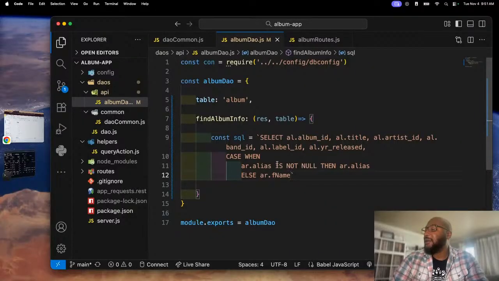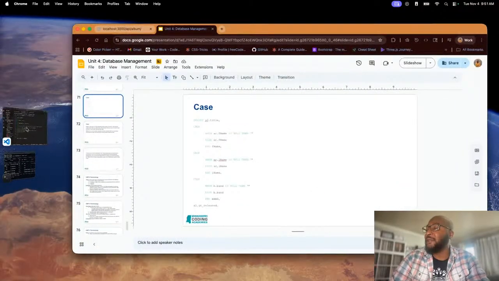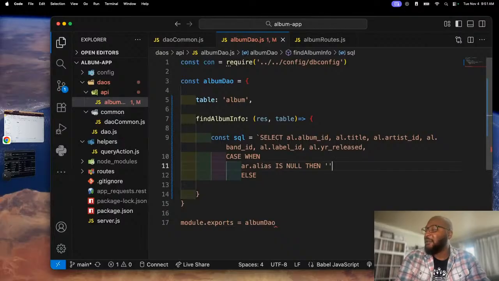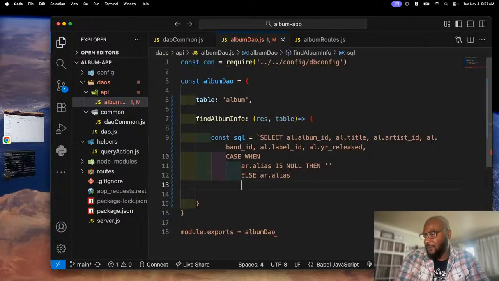So I'm going to say select album, case when AR.alias is not null, because I want to add that, then add the alias. Or say case when it is null, then do empty string. Else we'll show AR.alias. And then end alias, comma,